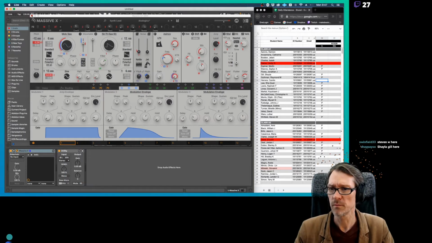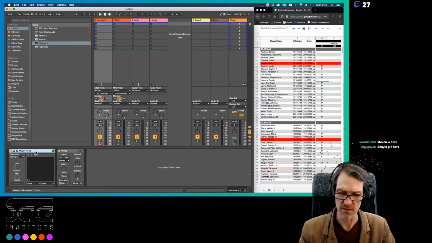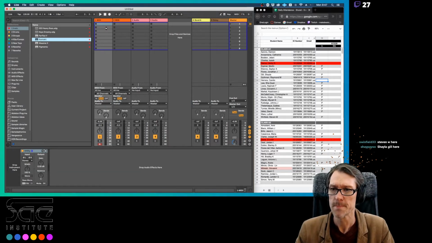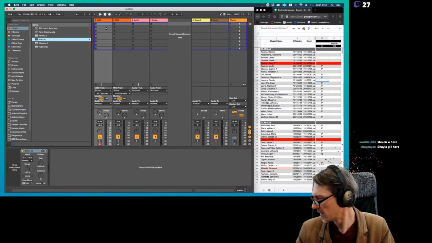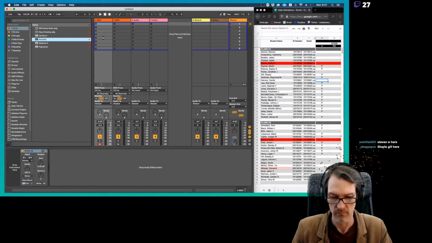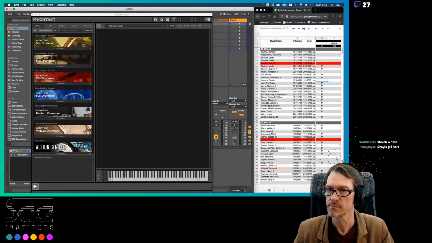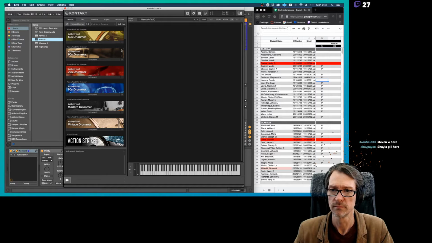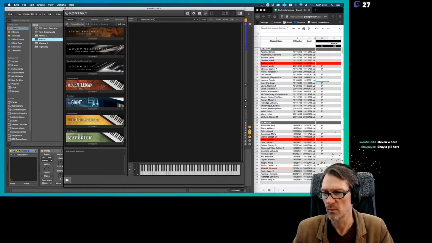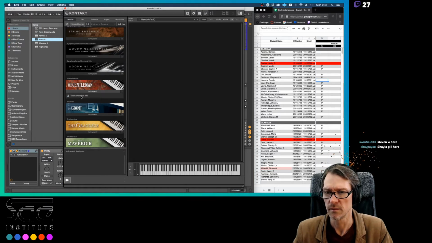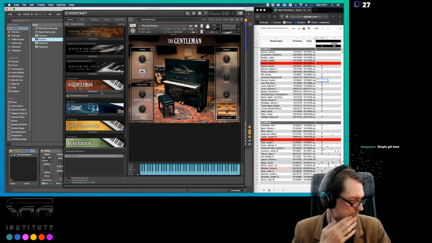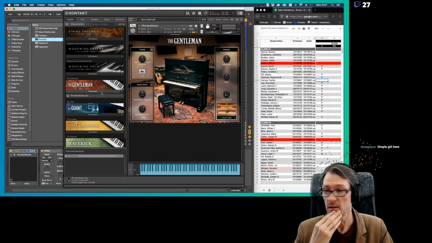Compare that to some kind of a sampler instrument, or something that's using samples, like Kontakt, for example. In Kontakt, if I pull up a piano, for instance, I'll go down here and pull up one of these pianos here. Here's the Gentleman. In this piano here, if I play this piano, it's actually